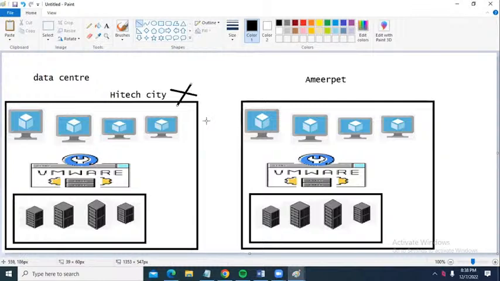Now, this is a very costly approach. Is it right or not? Since this is a very costly approach,